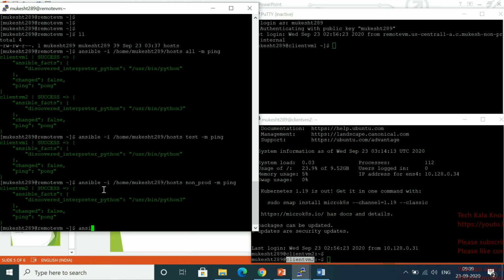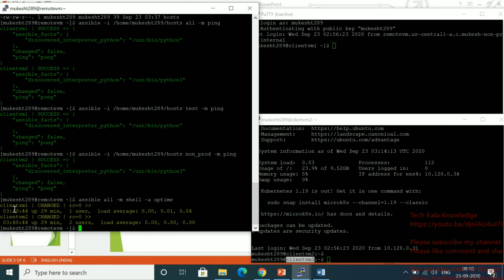No need to go and write the playbook. That is the beauty of Ansible. You can use the Ansible ad hoc command. Ansible space all. All means all the hosts, all the machines. I need to check uptime. All, then use -m, means module, I already told you. Then you can use shell. Which shell do you have to use? The shell is -a, and then you can use uptime here, to check the uptime.